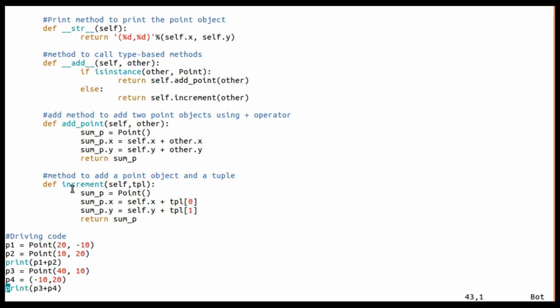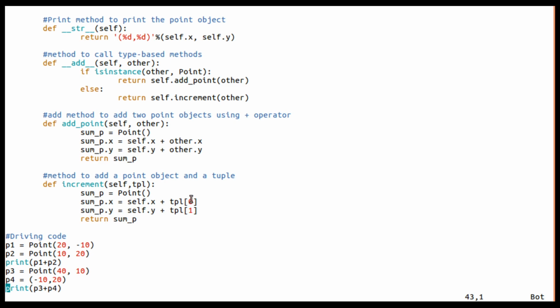And this is an increment function, which takes one object of type Point and another one which is a tuple. In this case, same as before, we create a new Point object sum_p. Here sum_p.x is equal to self.x plus tuple[0], because the second object is not a Point object, instead it is a tuple.